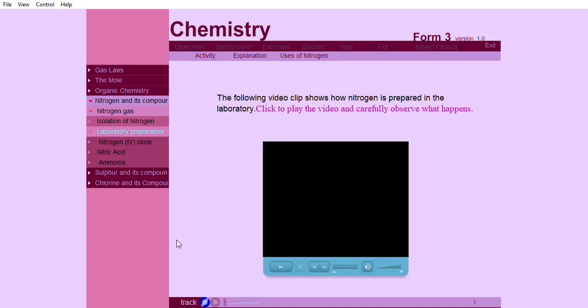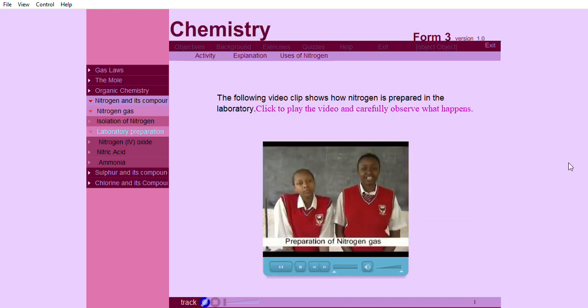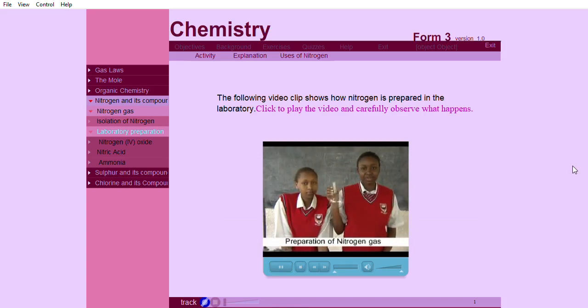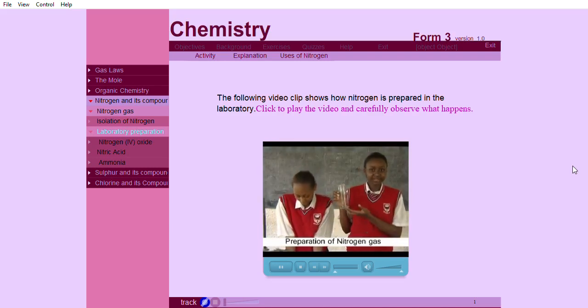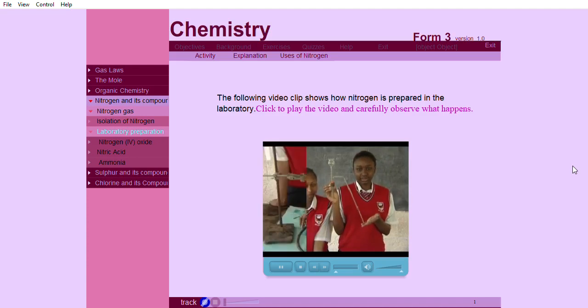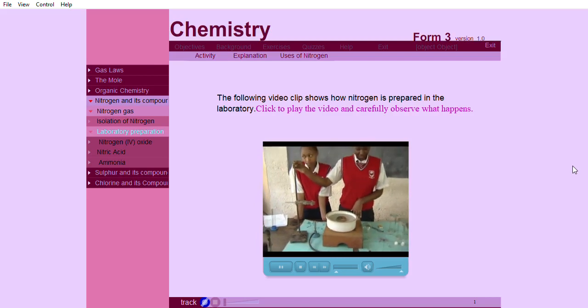The following video clip shows how nitrogen is prepared in the laboratory. In preparation of nitrogen gas, the following apparatus and reagents are to be used: a round bottom flask, a pair of tongs, a gas jar, a boiling tube, a delivery tube, a thistle funnel, and a cork, a water trough, a Bunsen burner, a clamp and stand,